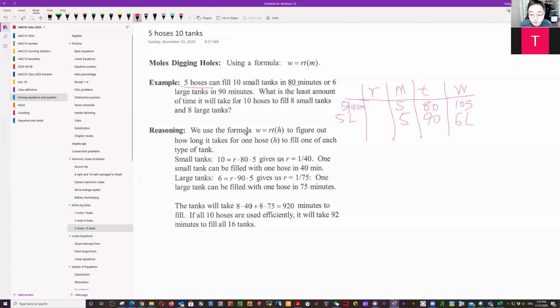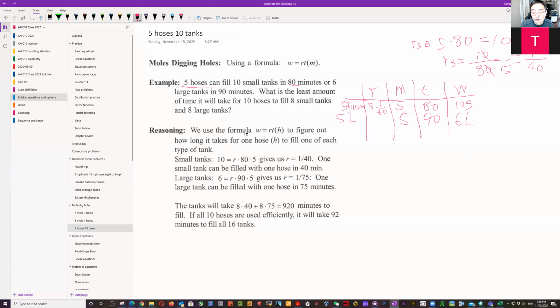The rate you actually just do by division. So rate small multiplied by 5 multiplied by 80 equals 10. So rate small equals 10 divided by 80 multiplied by 5. And we cancel this out, equals